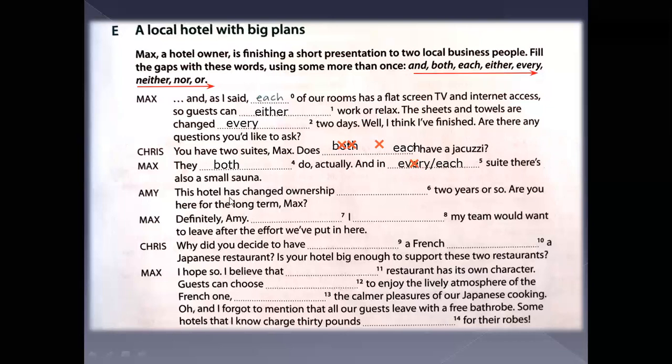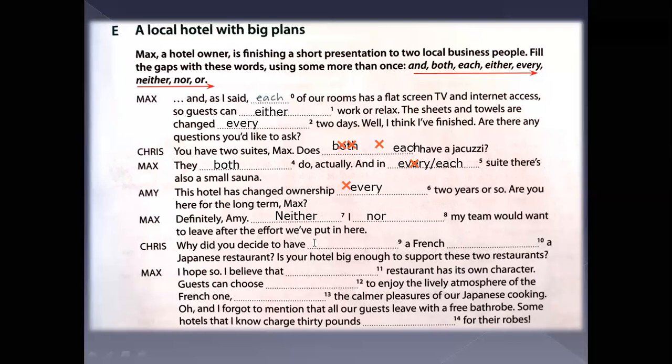Okay, each. Now this hotel has changed ownership every 2 years or so. Every 2 years. Are you here for the long term, Max? Definitely, Amy. And my team would want to leave after the effort they have put in. Neither I nor my team. So why did you decide to have